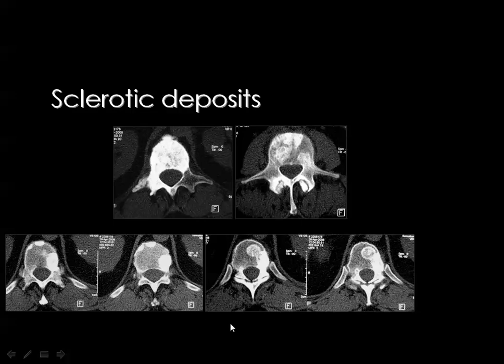This is an example of sclerotic metastasis of the dorsal and lumbar vertebrae. And you see this deposit, which involves the whole body of the vertebra as well as the pedicle and the lamina. Also, you can see these multiple lesions. And you remember that the bone island is a sclerotic lesion which may be mistaken for a sclerotic metastasis, but the edge of the bone island is spiculated, while the edge of the sclerotic metastasis is usually smooth, as you